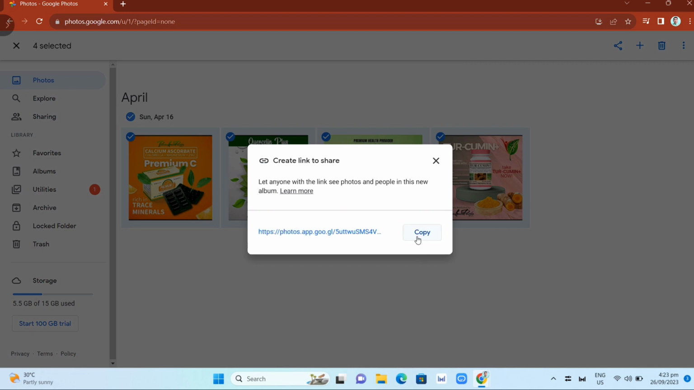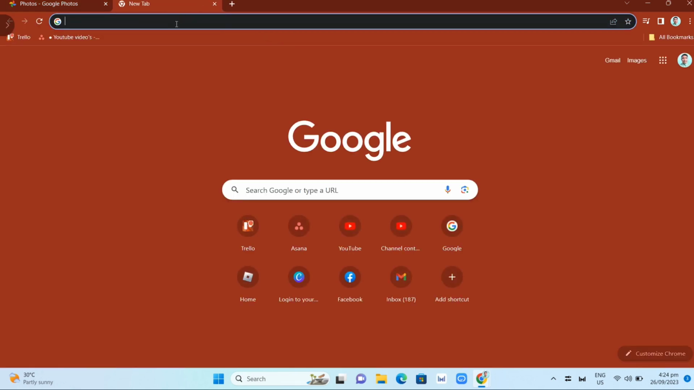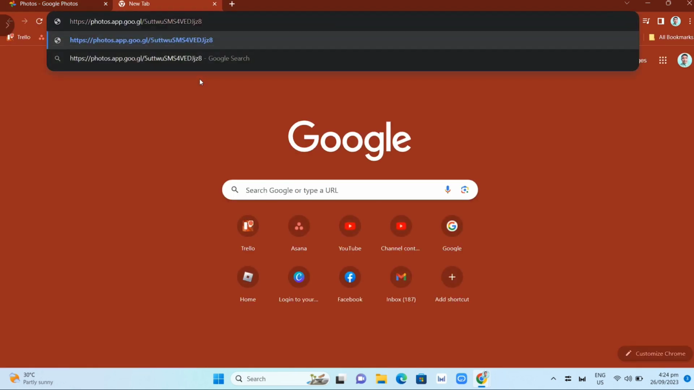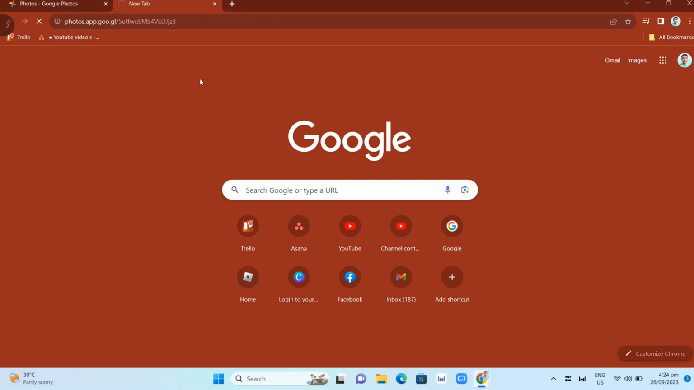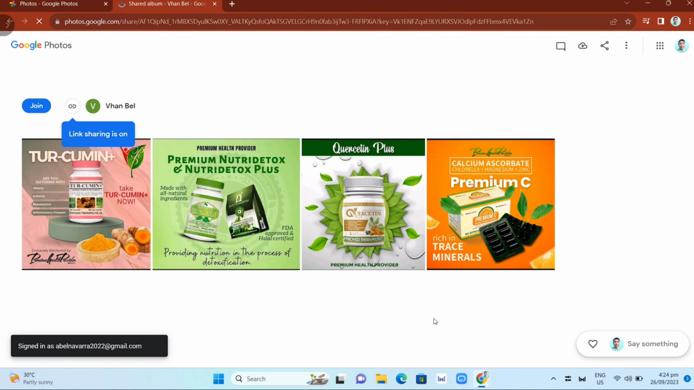And as you can see here, once the link is created, you just need to copy this link. Then let's open a new tab here. So tap on the plus icon to create a new tab and then paste the URL link here. Now, as you can see, when you enter that link, you'll find the photos that you want to move